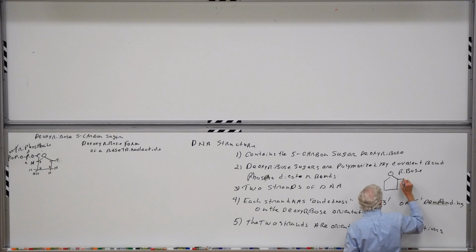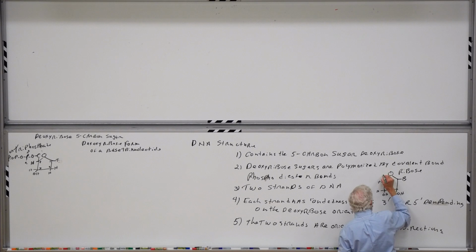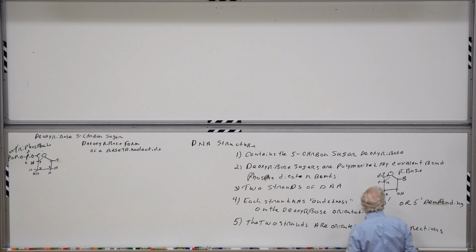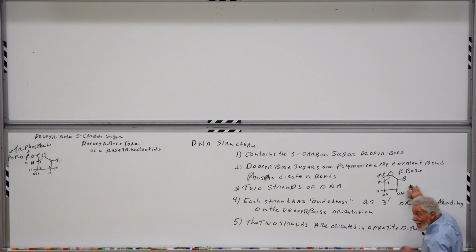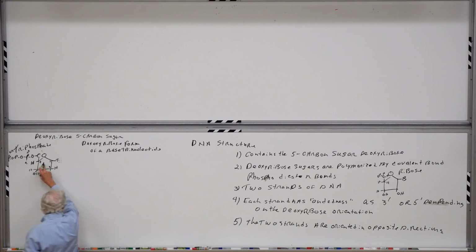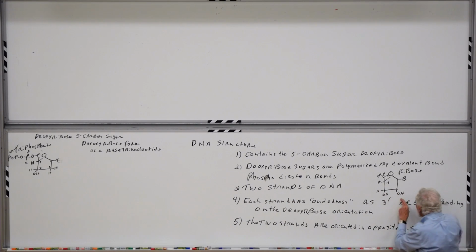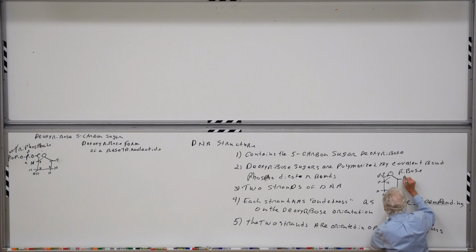would have a base here. It would have a hydroxyl at the number 2 carbon. It would have a hydroxyl here, a hydrogen, a hydrogen, a hydrogen. The number 5 carbon would have a hydroxyl and a hydrogen and 2 hydrogens. So the only distinction here between this structure and this structure is that the ribose here has a hydroxyl. But if we were to put an adenine out here